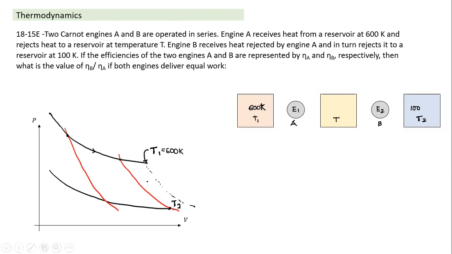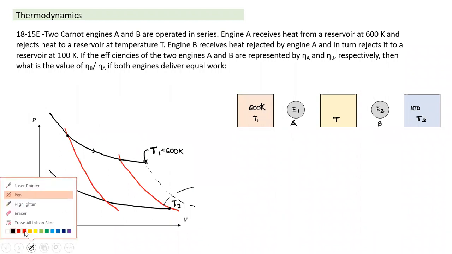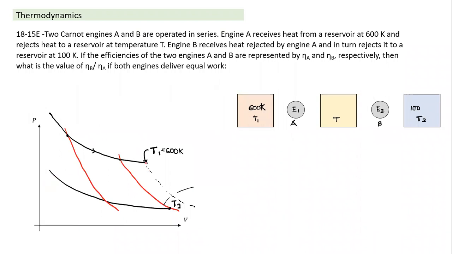The second thing we notice here: I have drawn this adiabatic curve for a particular volume, and I draw one more adiabatic curve here. What is the difference between the first case and the second case? In the first case, this was the volume. Now the total area enclosed by the curve is increasing.